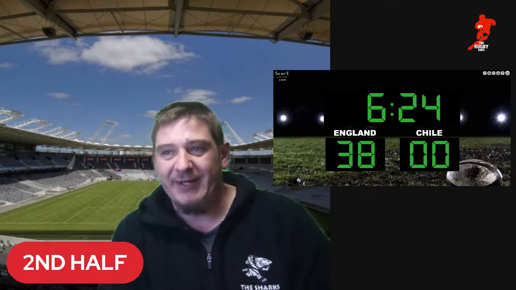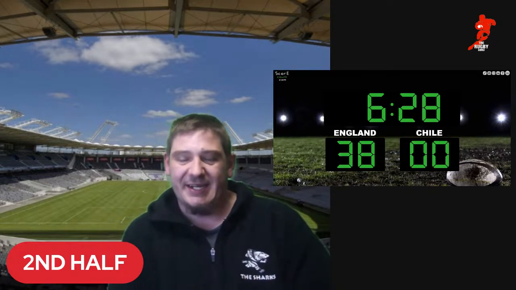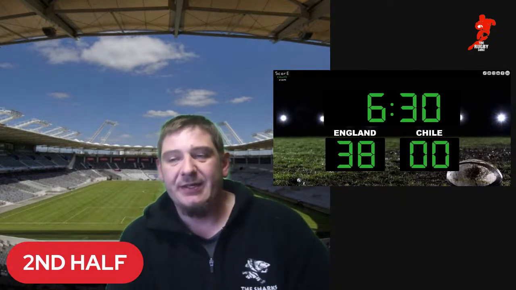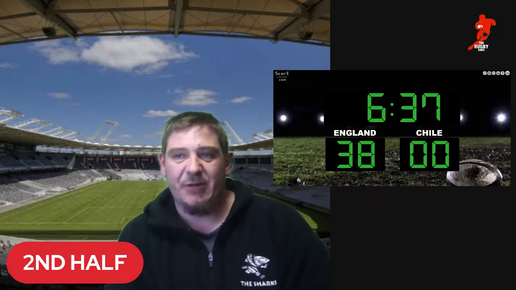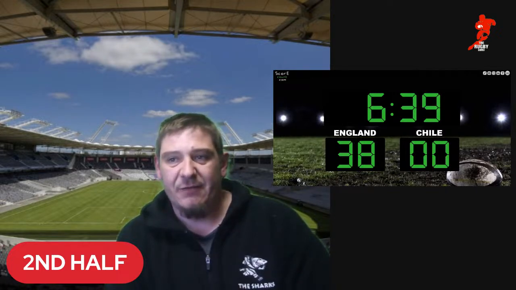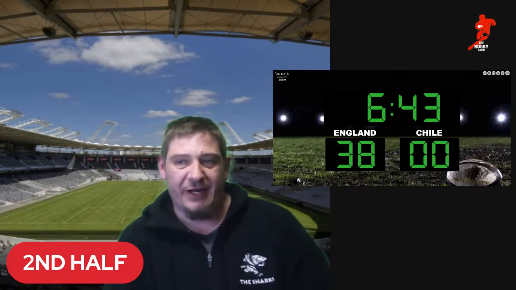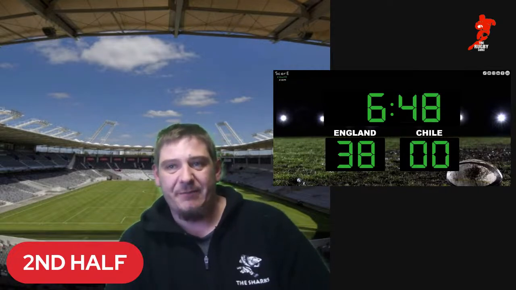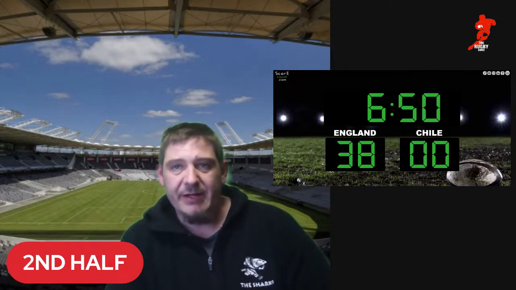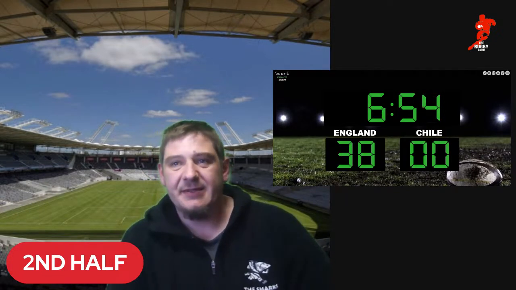Looking better now. Right, it's taken in by George Martin for England, just outside the 22 now, as Danny Care waits for this ball. He will be going with a box kick over the top, and the chase now coming from England, but well taken there by Kame, the right winger of Chile, but he's bundled into touch by 3 Englishmen. Remember, Chile down to 14 men for at least another 7 minutes.